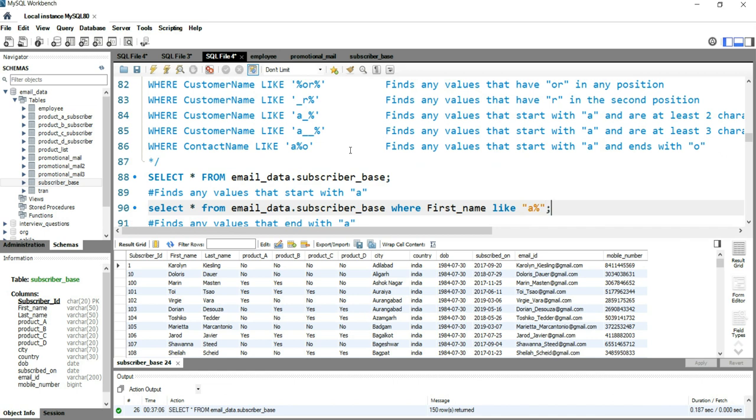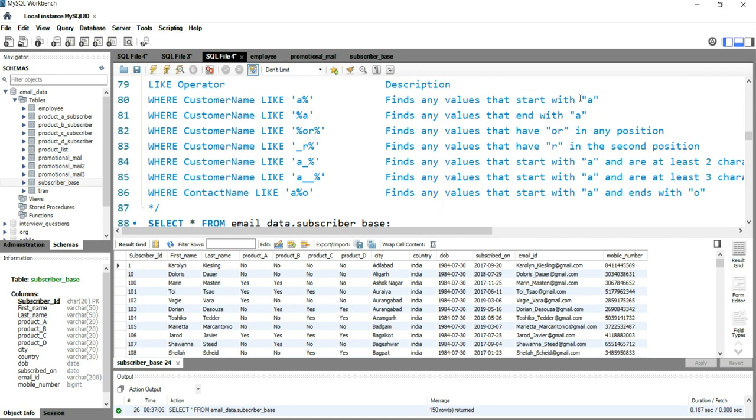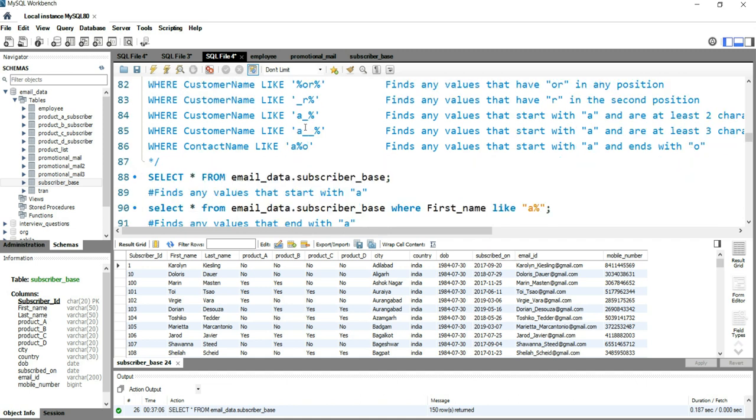What it will do is filter out all those first names where the name starts with A. This is the first situation, and we are using it in our example here.